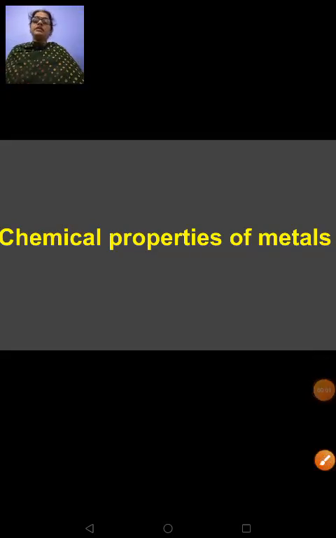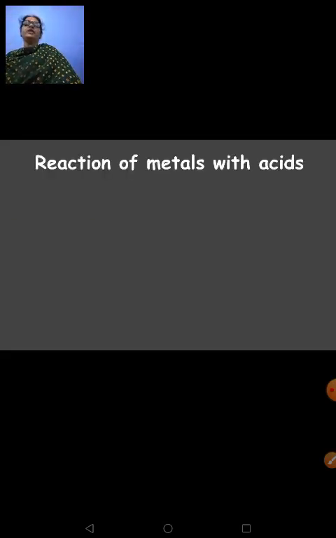We have already learned that when metals react with oxygen, or when metals are burnt in air, they form the corresponding metal oxide. And when metals react with water, they form the corresponding metal oxide and liberate hydrogen gas. If this metal oxide is soluble in water, it forms the corresponding metal hydroxide. And we have learned that sodium and potassium are highly reactive with air and with water, right? And in today's session we are going to begin learning about the reaction of metals with acids.